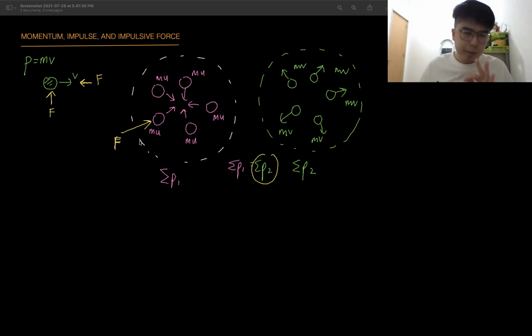Now, when the balls collide with one another, they also exert a force, right? This body hits another body and also applies a force. So let's say the force applied by this body here: is this an external force? No. Why? Because who is applying the force? The ball is applying the force, and the ball is a member of the system. So that force comes from a member of the system, and is not considered an external force. That is an internal force.